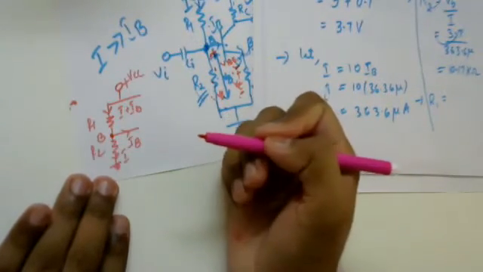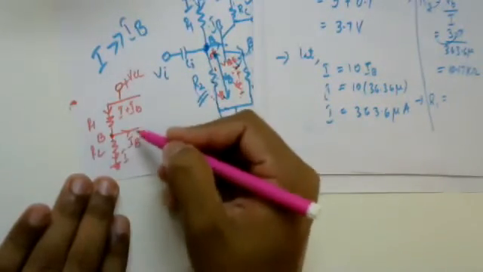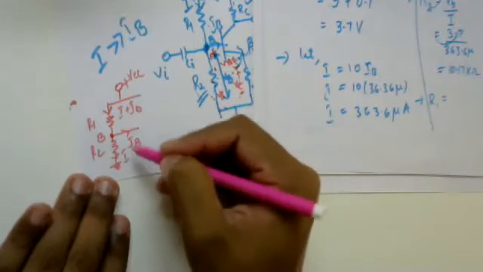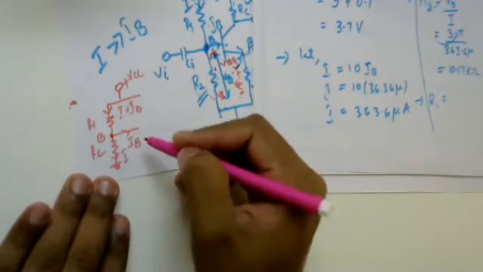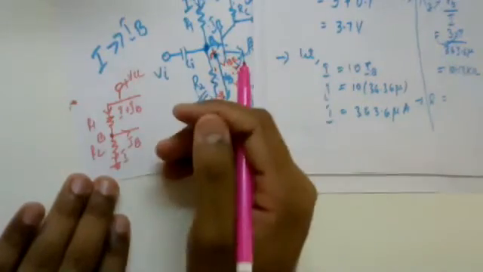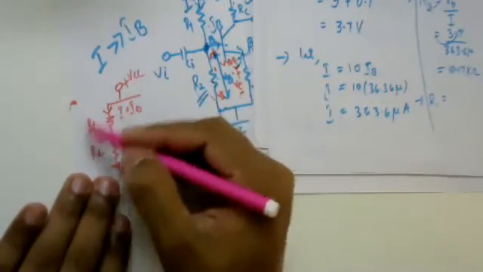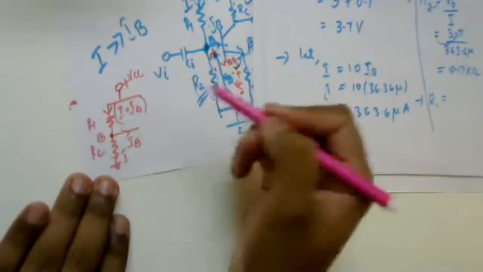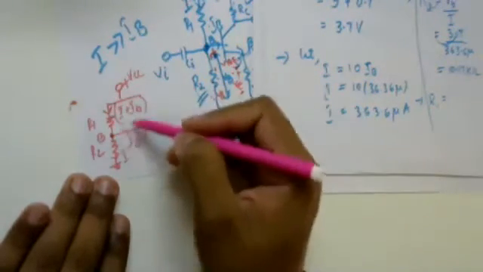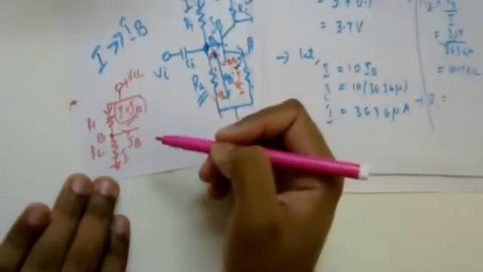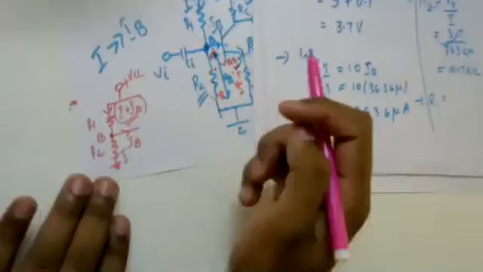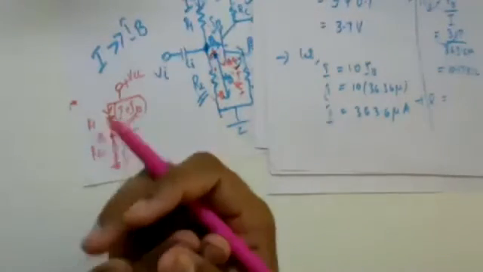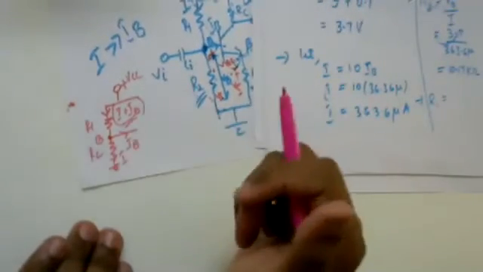But even if you take it as I only, not much changes, because you know the magnitude of the base current. It is in terms of microamps. So when I compare my I with the IB, I can neglect the effect of IB, but to be more accurate in getting the value of R1, it is better to take I plus IB. Is this topic clear to you? Why should I take I plus IB? Is this clear to you?